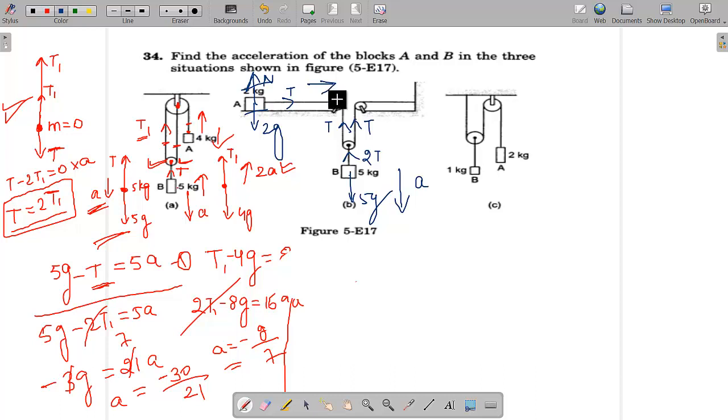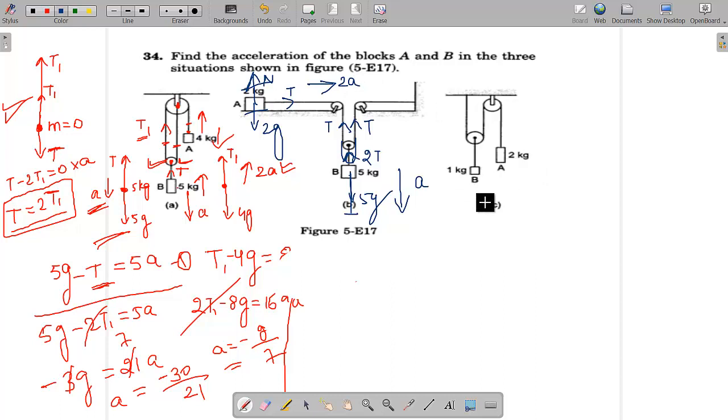How much? A or 2A or 3A, how much? Or A by 2? No, just think. If this is moving a distance A, this pulley is going to move a distance A, so 2 times of string will be pulled back. So this will be pulled twice. Understood, no? So this will be 2A.